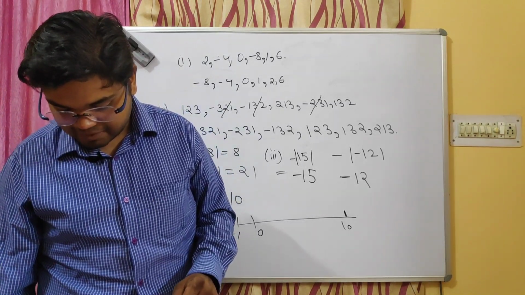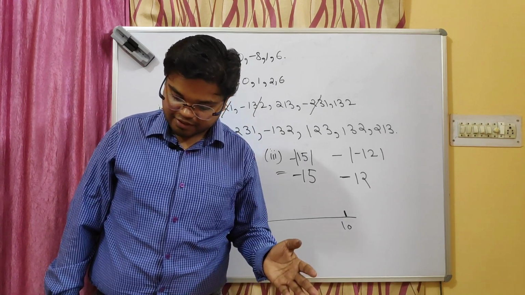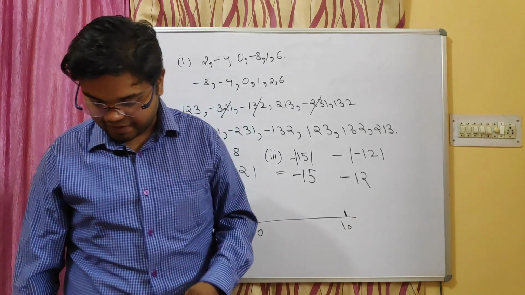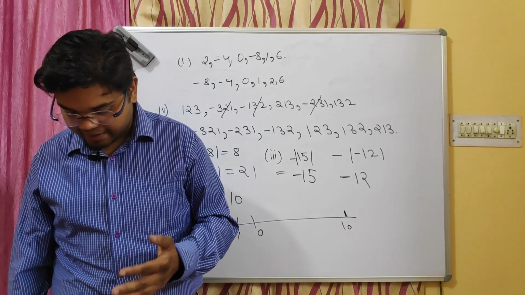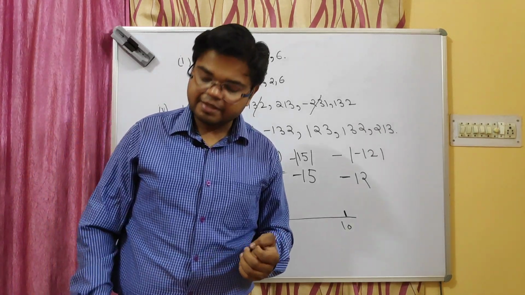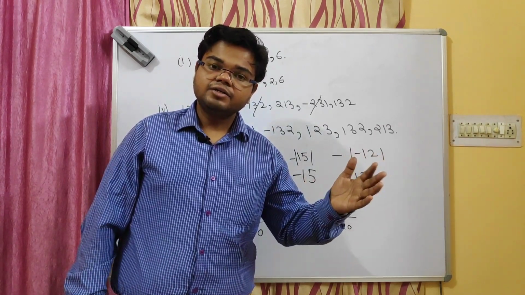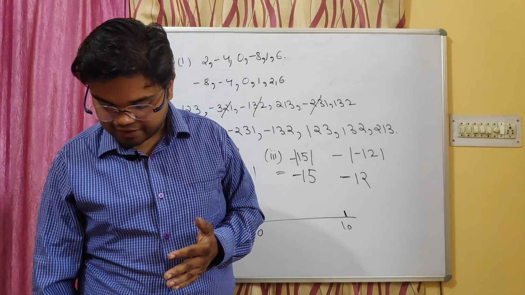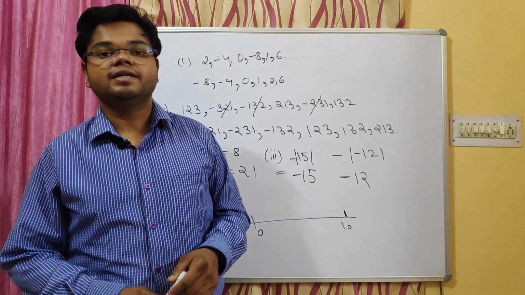Okay, question number 16. Which of the following comparisons is true? -10 is greater than -11. Absolutely correct. -10 is greater. This is the correct answer. The set of temperatures 3, -4, 15, -10, -8 arranged in descending order. So children, descending means from greater to smaller. So here the greatest will be 15, then you will have 3, then -4, after that -8, and after that -10, children.